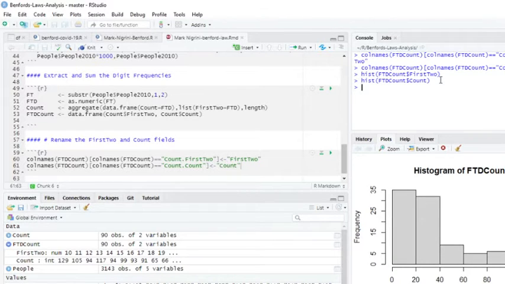Okay. Now we should be able to look at that and calculate the